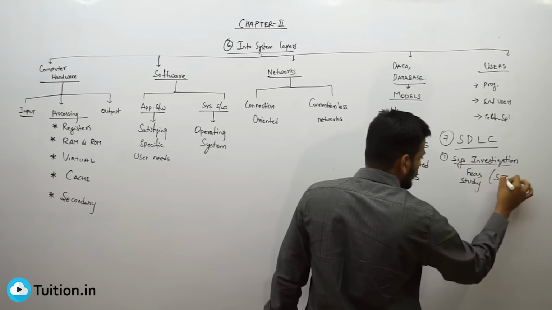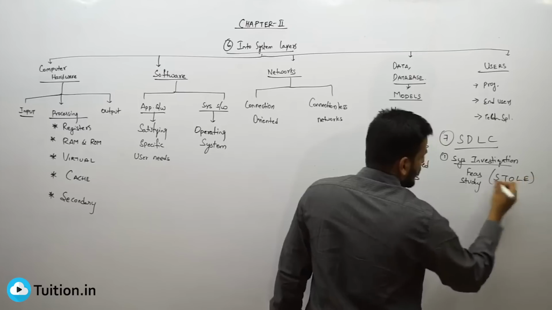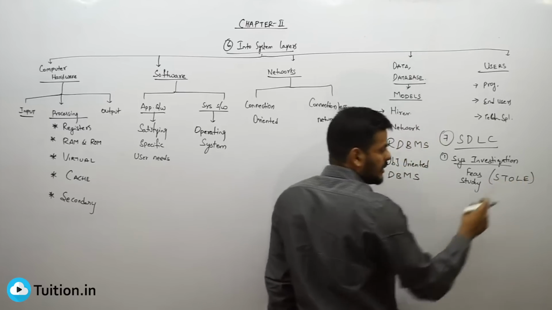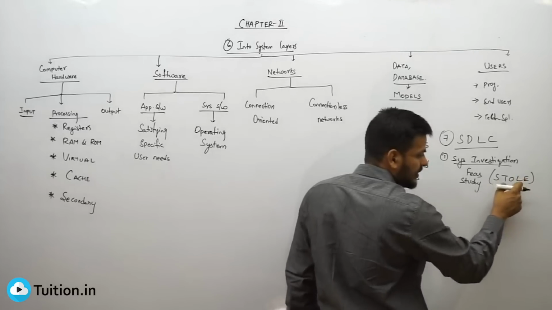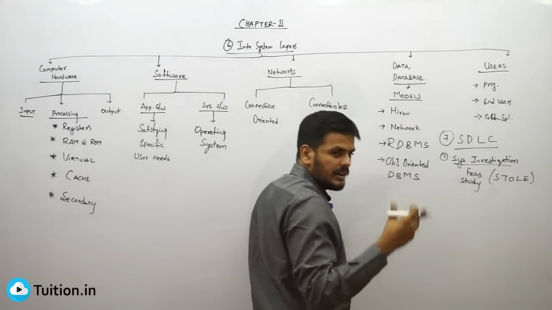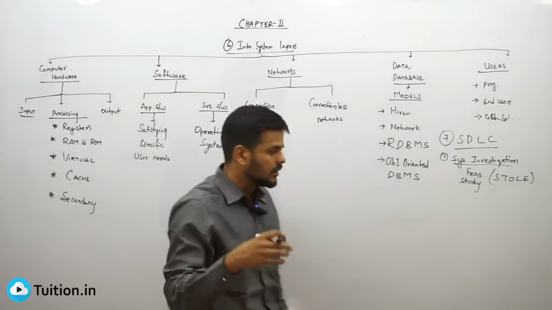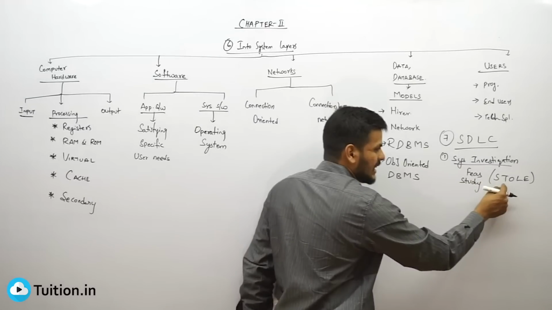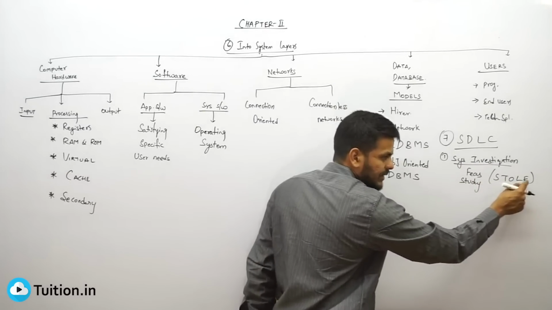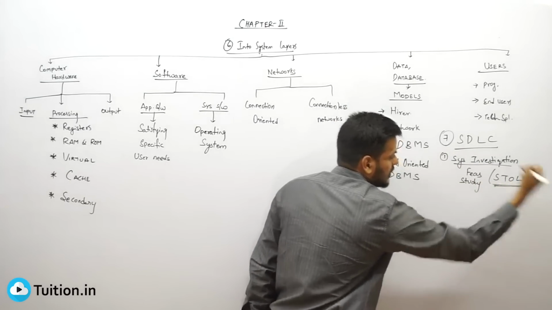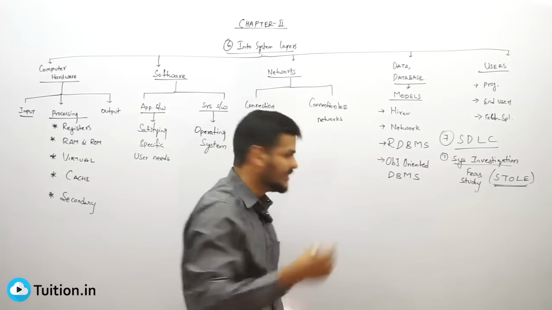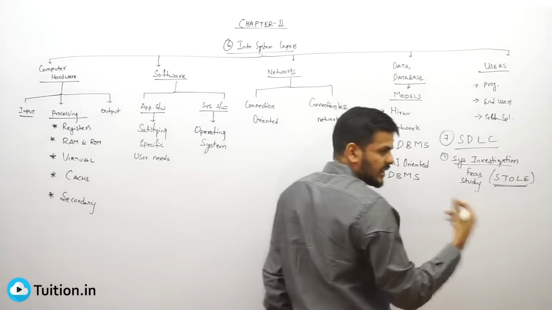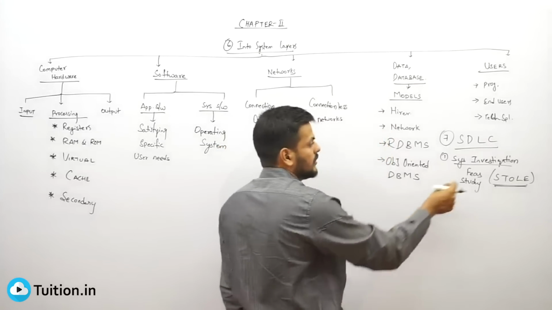It's called STOLE, S-T-O-L-E. Schedule feasibility, technical feasibility, operational feasibility, legal feasibility and economic feasibility. The 5 points there in the shortcut, right? Schedule feasibility, technical feasibility, operational feasibility, legal feasibility and economic feasibility. So you can keep that in mind. That's once asked in the exam as well. What are the points that you check in a feasibility study, or write a short note on feasibility study, can be